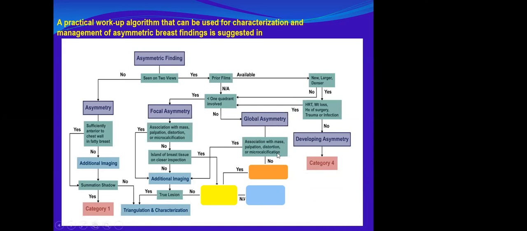If it is more than one quadrant, it will be global asymmetry. Then I have to look for any associated suspicious mammographic abnormality or palpable abnormality. If it is not there, it will be BI-RADS 2. If it is there, I will go for additional findings and follow. If it is a true lesion, I will go for triangulation and characterization. And if not, I will go for category 2. If it is stable for more than 2 years, then it will be just BI-RADS 2. If it is not stable, it will still be BI-RADS